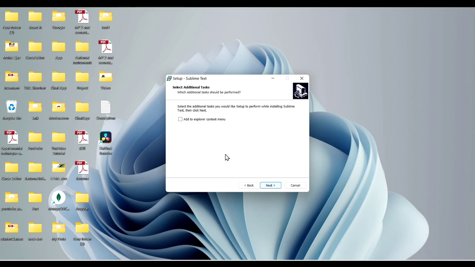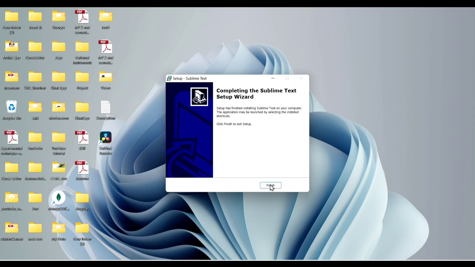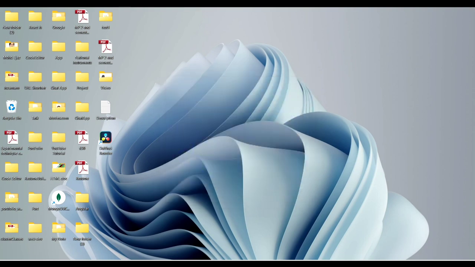Add to Explorer context. Just click on add, and now click on next, and after that click on install. It will take some time. Now after that click on finish, and here we have to search